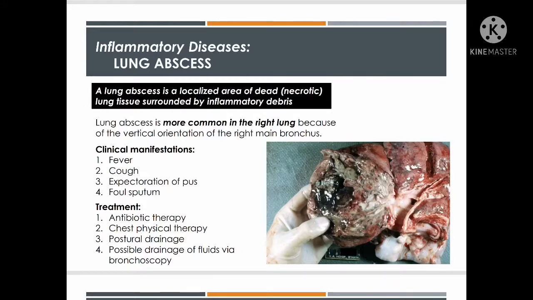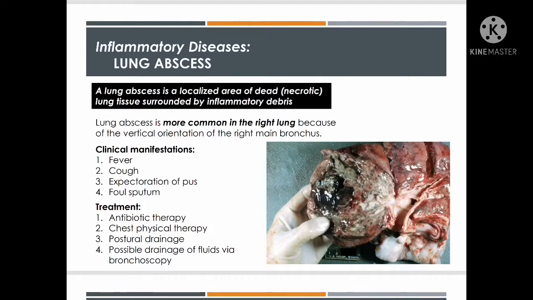A lung abscess is a localized area of dead necrotic lung tissue surrounded by inflammatory debris. These abscesses may result from periodontal disease, pneumonia, neoplasms, or other organisms that invade the lungs. Lung abscess is more common in the right lung because of the vertical orientation of the right main bronchus. When the abscess reaches a bronchus, it drains into the bronchus, forming a cavity which is visible on a chest